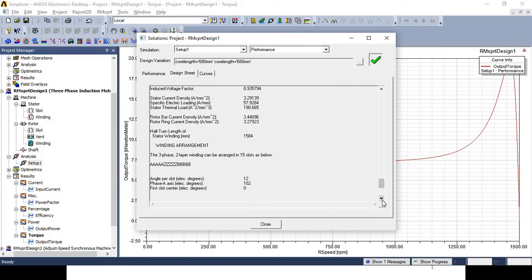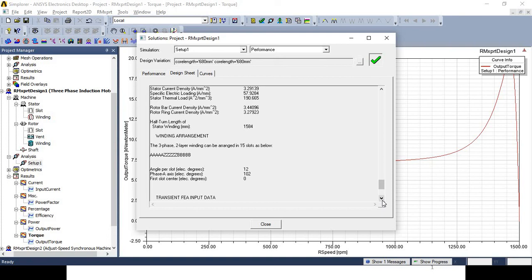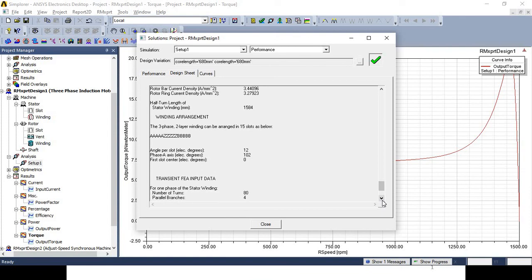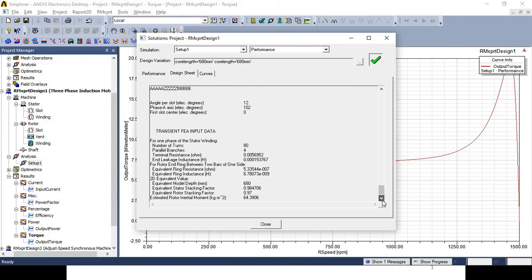Then winding arrangement, 3-phase 2-layer winding can be arranged in 15 slots as A A A A A, Z Z Z Z Z and B B B B B. This is the sequence for the stator winding. Angle per slot in electrical degree 12, phase axis electrical degree 102, first slot center electrical degree 0, then transient